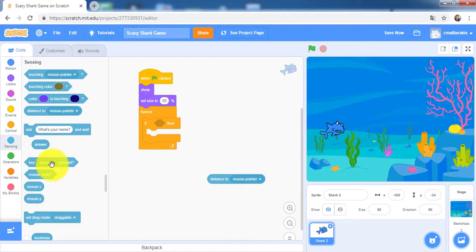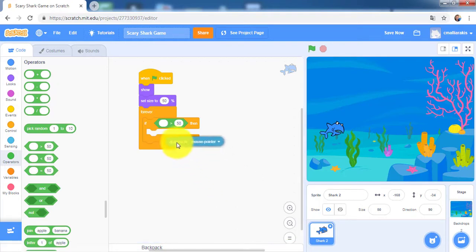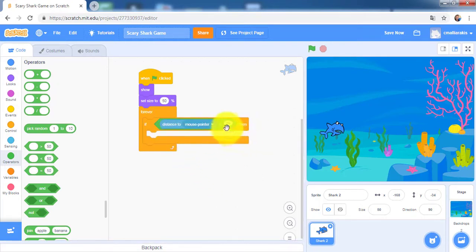If the distance to mouse pointer is greater than 10, so go to operators and choose this one and drag and drop it right here, and then get distance to mouse pointer right here is greater than 10,